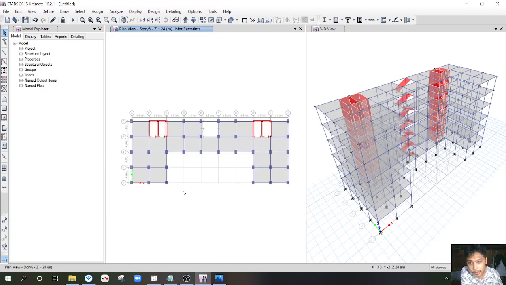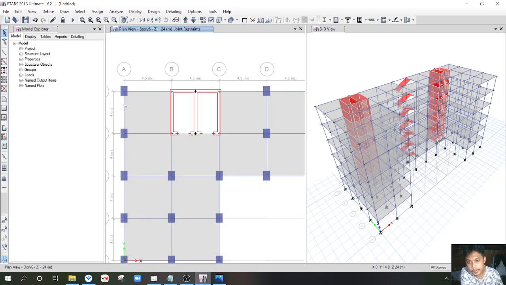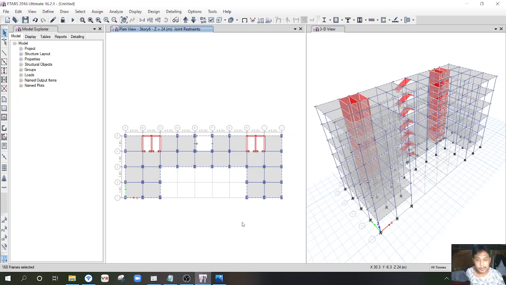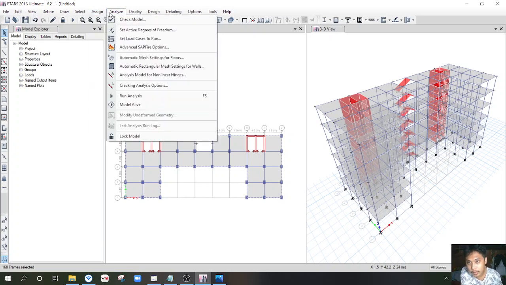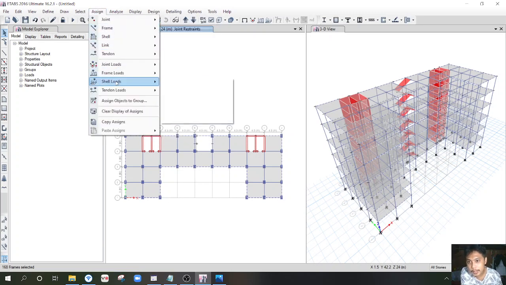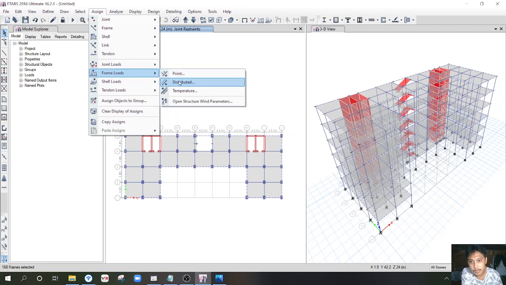Next, we apply the loads on the external walls. So we highlight the external walls. Now the selection is complete. In selecting the outer walls, make sure that the all stories mode is on. Then hit the assign button and assign frame loads, the distributed,